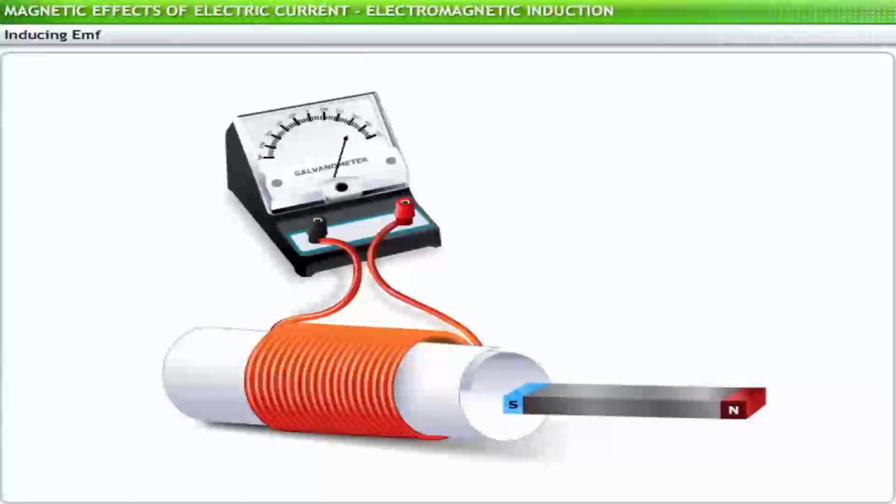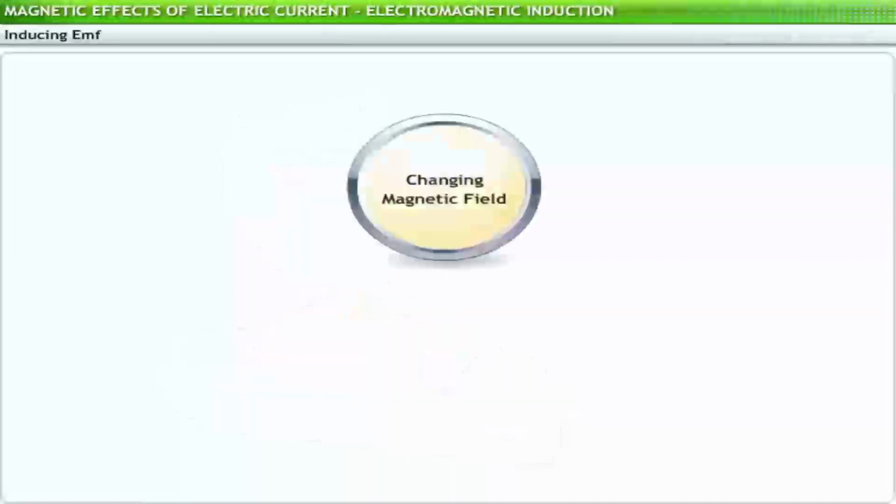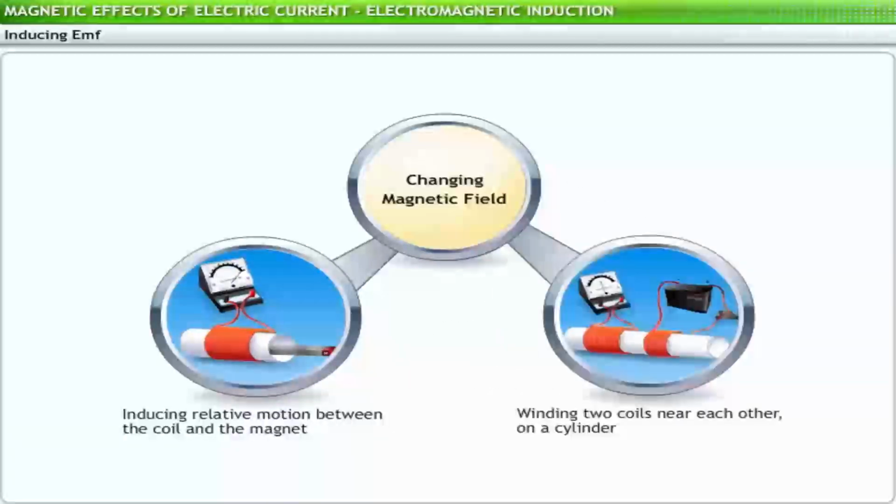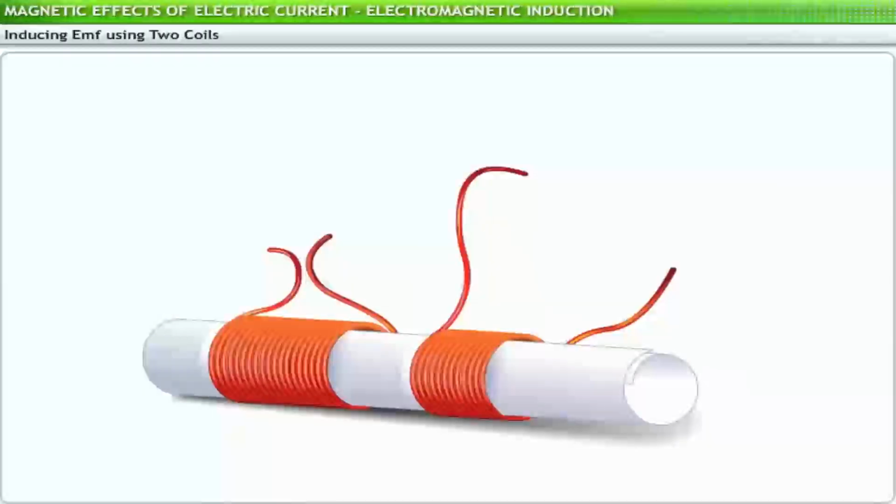In Faraday's experiment, you observed that a relative change in a magnetic field induces EMF in a conductor. The magnetic field can be changed in two ways: by relative motion between the coil and the magnet, as you saw in Faraday's experiment, or by winding two coils on the cylinder near each other, as shown. In the second case,